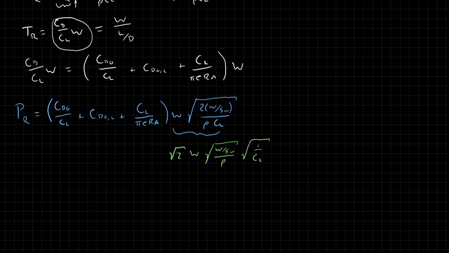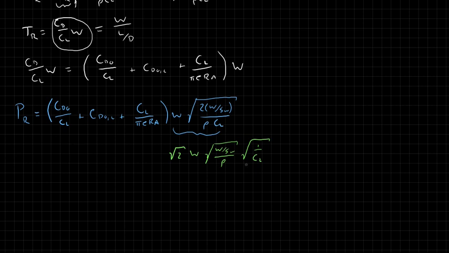Okay? Now the reason we do this is because we want to simplify this, and what we want to do is factor this root 1 over CL right back in here because we have these other CLs in here. Okay? And then also this term here, this root of W over SW over rho, is something that shows up in our airspeeds a lot. So it showed up in our minimum drag airspeed, and so it's nice to have it there.